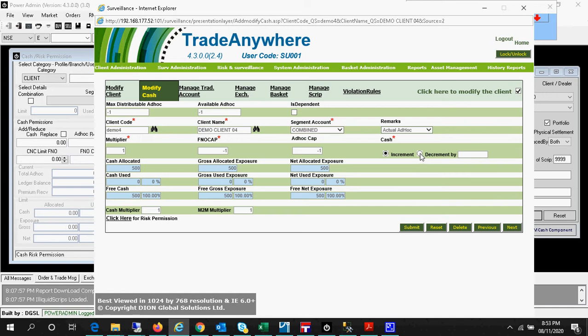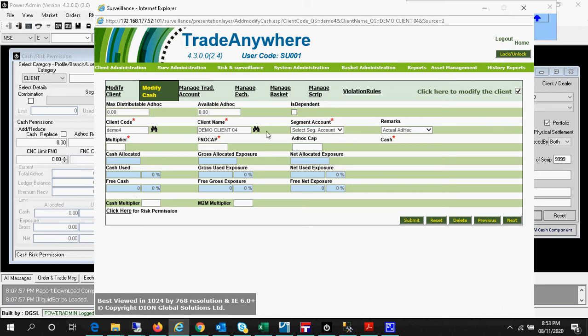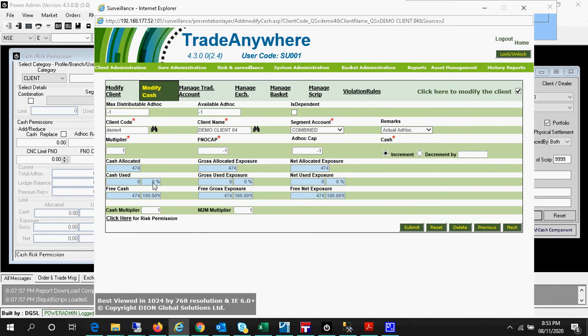If he wants to decrease the cash, then no minus, just select the decrement radio button, and it will decrease the margin. So the cash has been decreased.